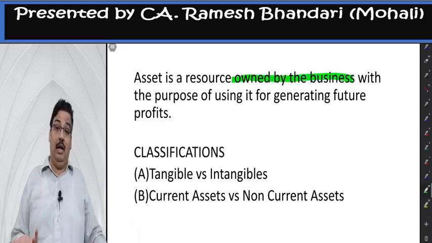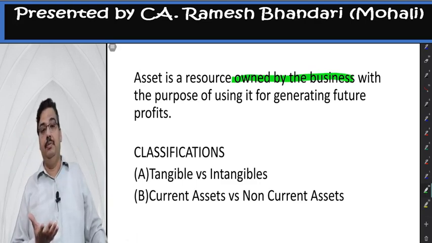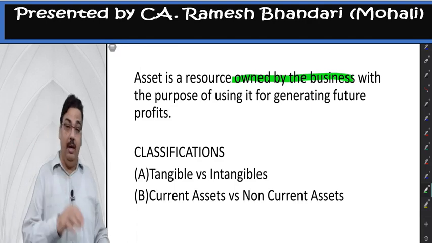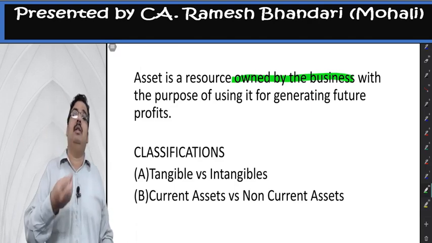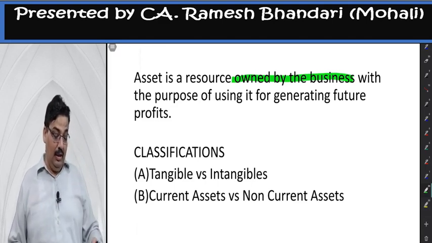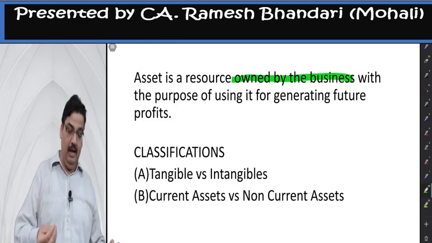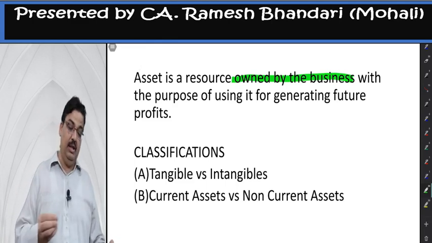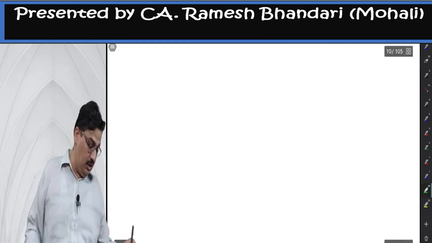Students used to get confused between intangible assets and fictitious assets. This miscellaneous expenditure or P&L debit was known as a fictitious asset. But now it is not there in the balance sheet, so we don't have that confusion at all. The classifications we can talk about quickly, a little bit. Tangible assets and intangible assets. Current assets and non-current assets. So I'm looking at tangible versus intangible.